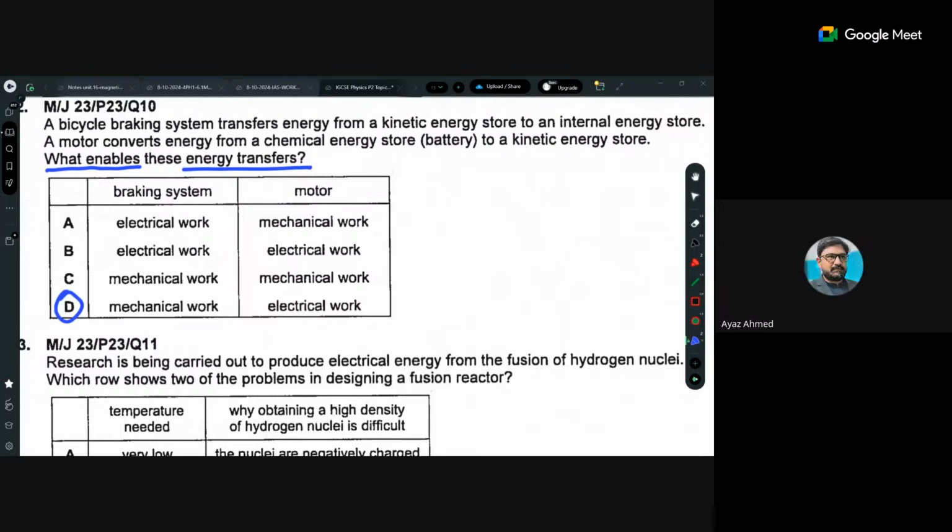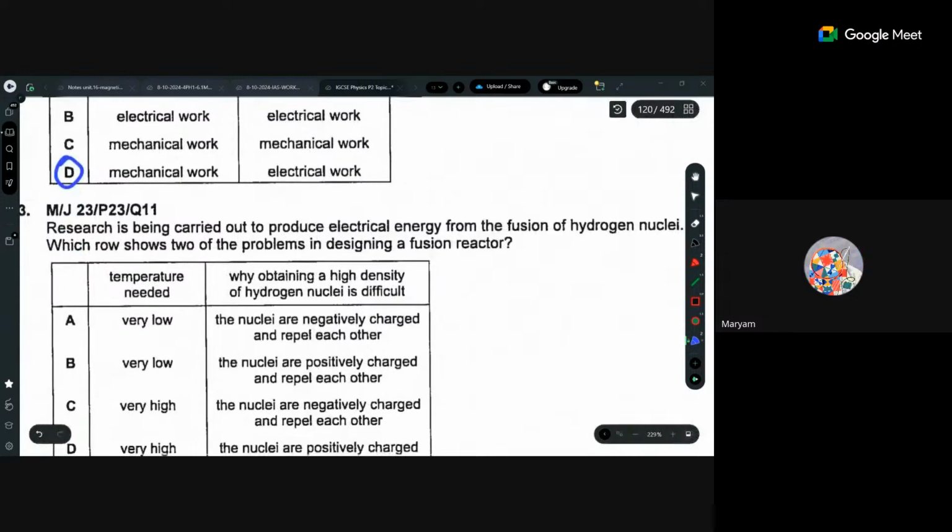So we need mechanical work and electrical work. The motor does not work mechanically, so electrical work is there. Okay. Got it. Then the next one is